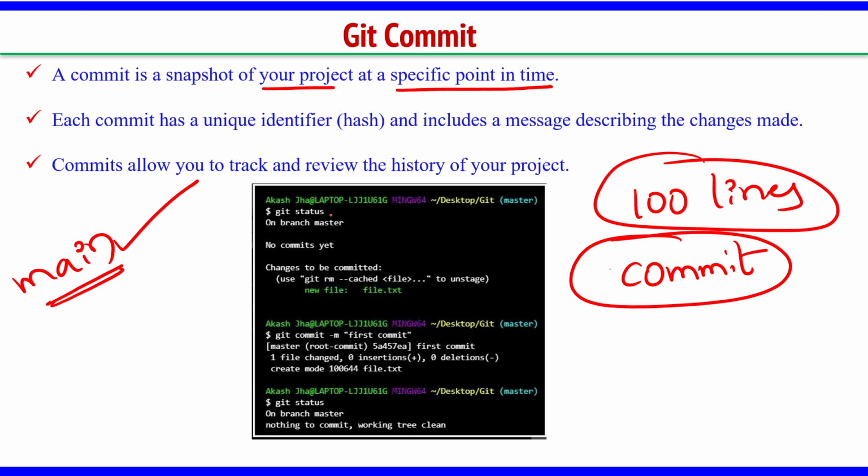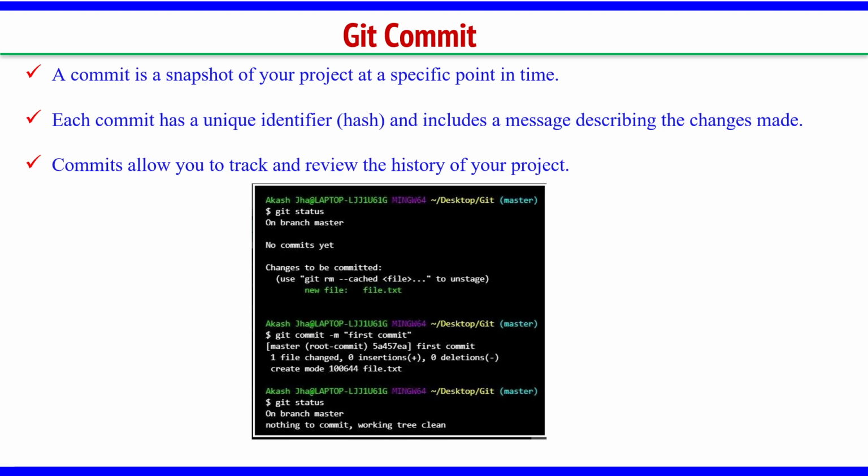So if I just click git status, it shows changes to be committed. There is a new file.txt which is yet to be committed. Then you can give this command git commit -m first commit, it will make the changes, right? So we will understand this much better, but basically commit is equal to that commit what you do in the database,